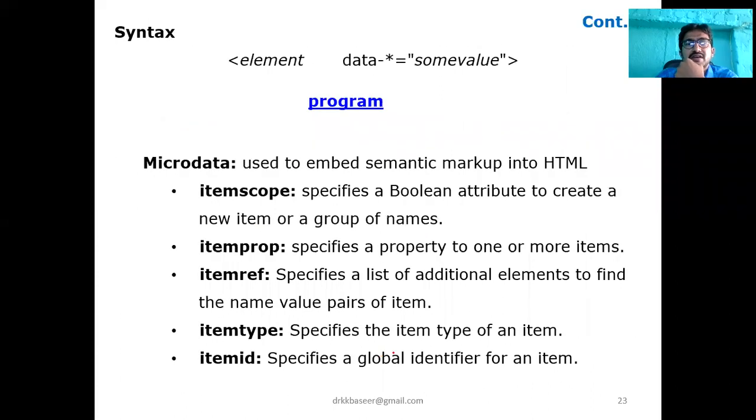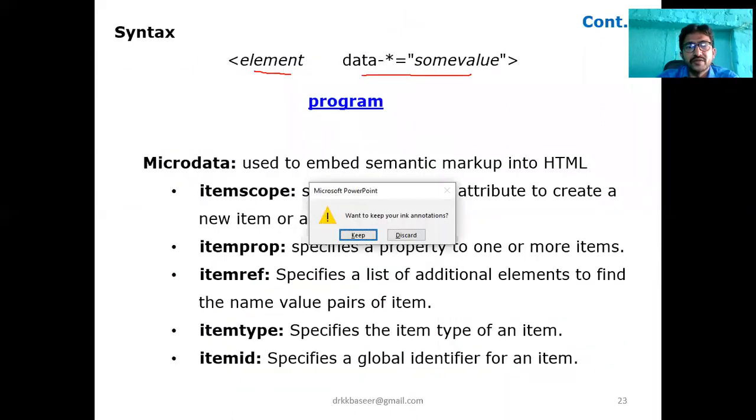Coming to the syntax, for any element, we can apply data hyphen star equal to a value. Now, let's look at one example, a small program, so that you can understand clearly.